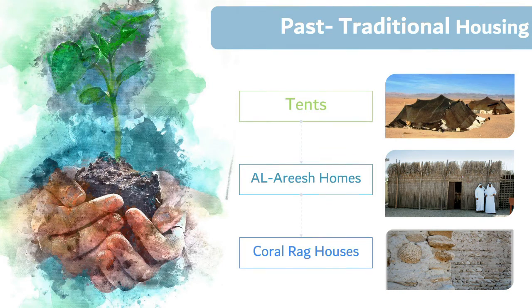houses. These types of houses were mainly seen in the coastal areas of the Emirates. They were constructed using limestone and coral material. Coral rags had great characteristics to be used for making houses. Internal pores of the coral act as an insulating material and help in regulating the day and night temperatures within